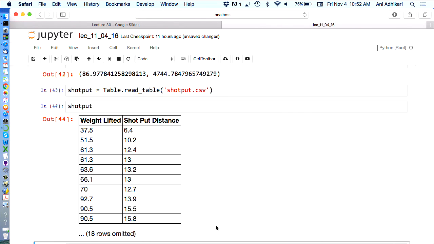So these data are on 28 collegiate shot put athletes, women. On the first column, column 0, is the amount in kilograms that they can lift on a power clean. That is, I talk like I'm lifting weights all the time. I'm not. This is just a clean lift of that many kilograms. And this is their personal best shot put distance in meters. Yes?